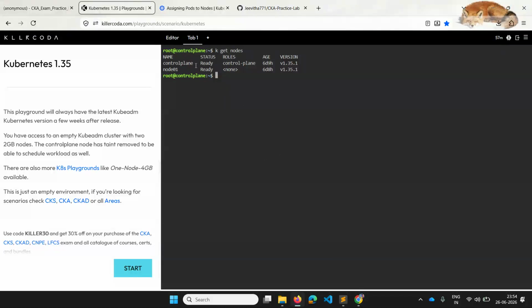Let that pod be placed in one of the nodes, and we'll write a rule such that the second pod should not go to that same node on which pod A has been placed. One way we can do this is create a deployment and write an anti-affinity rule. I will show you.